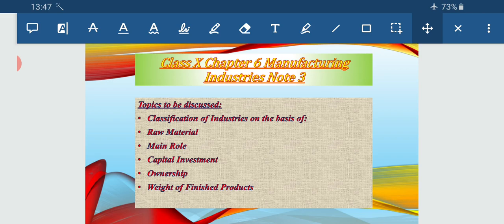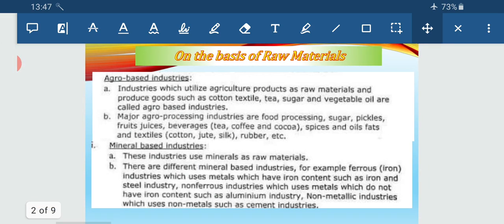Now today I am going to proceed with the classification of industry on various bases. Number 1, we are going to classify the industry on the basis of the raw material. Number 2, the main role. Capital investment is the number 3. Ownership is number 4 and weight of finished products is number 5. So now let us proceed to the first classification, that is on the basis of